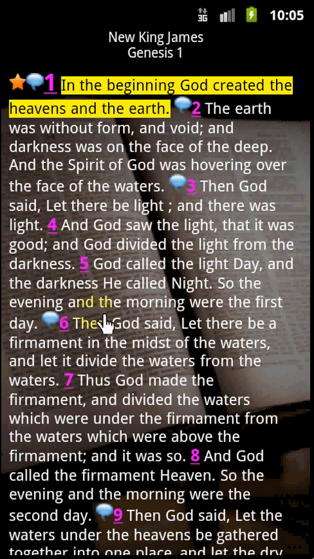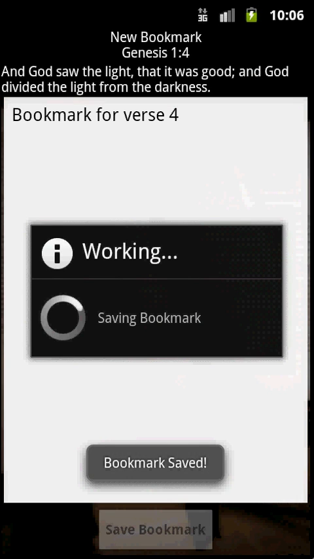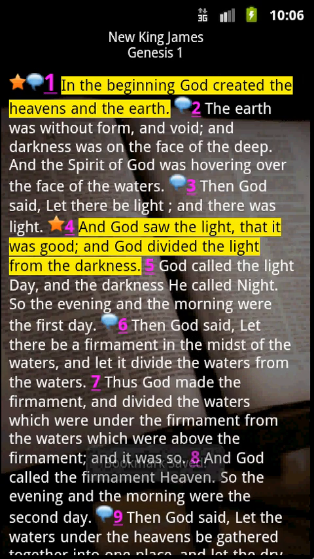So what I'm going to do is add a bookmark for verse 4 there. I'm just going to save that real quick, just to demonstrate what happens when we come back to the main menu. So I'm going to hit the back button,